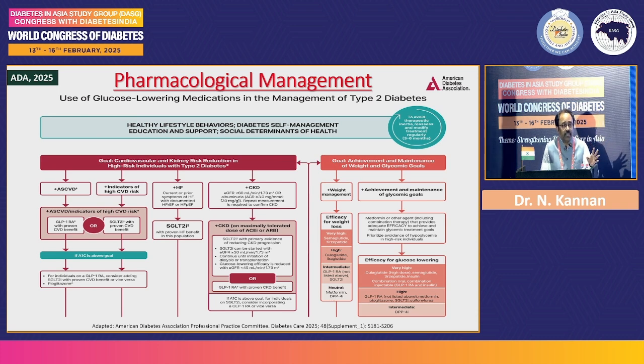Once again, the goal is targeting weight management, and there are multiple agents. We have tirzepatide, and we are going to have the tri-agonists also. We can utilize them accordingly to prevent complications. Not only for the metabolic burden, but we have to take care of the cardiovascular outcome burden and also the kidney outcome burden. Across the CKD armamentarium, the CV armamentarium, and the metabolic armamentarium, we want to address everything, including MASH as well as OSA.